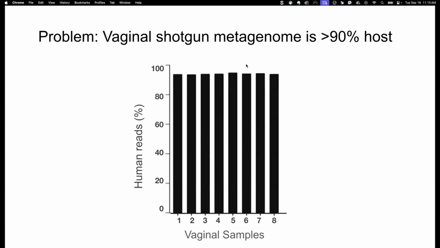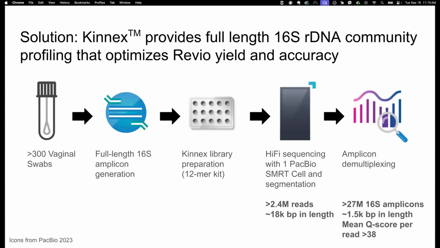So that's a fine question, but a difficult one to answer using tried and true shotgun metagenomic techniques. It turns out when you just sequence the DNA coming from these vaginal swabs en masse, this is what it looks like. For each of the 8 samples I'm showing you here, the y-axis shows the percentage of reads that map to the host, right? So these are really dominated by host, which makes it very challenging to look at the microbial communities.